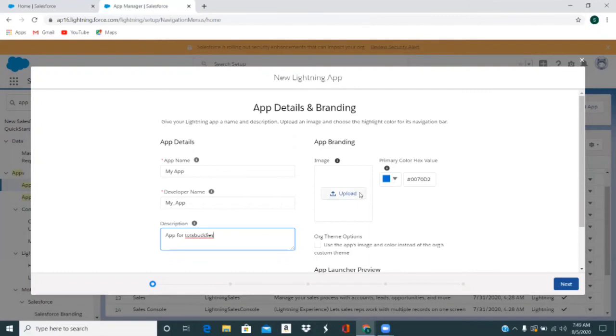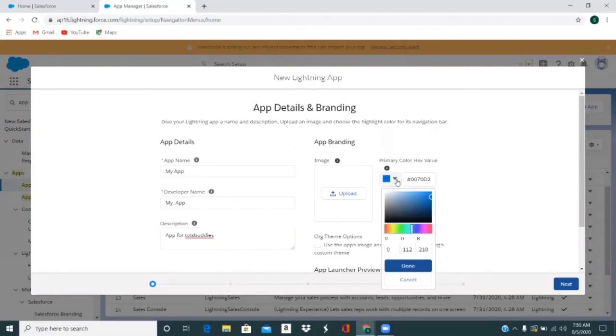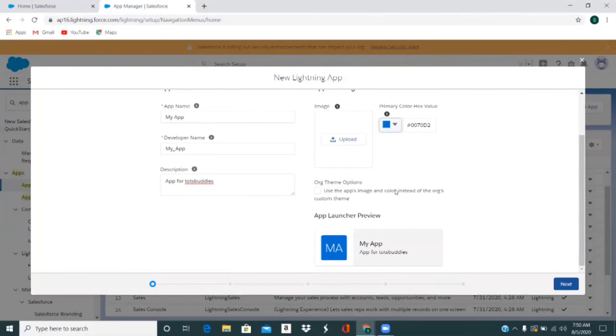If you want, you can upload an image. You can have different sets of colors. If you want to use another kind of theme, you can select from here. So currently it will come as MA, My App for Torch Buddies.